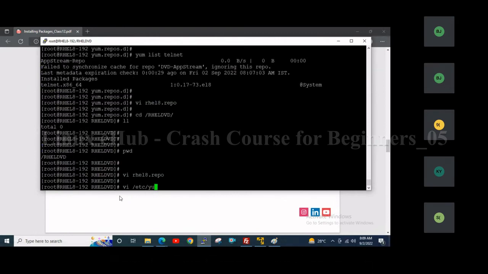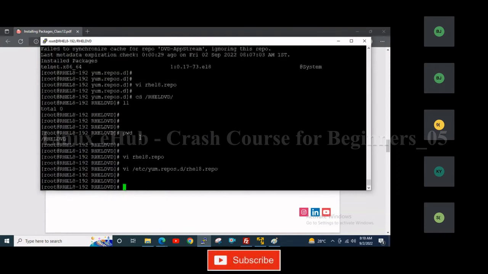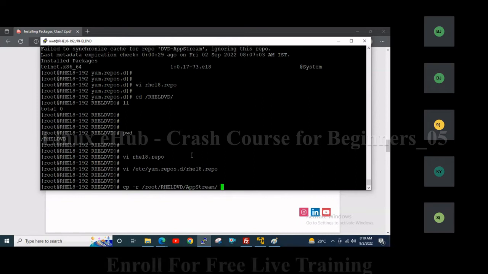Go to /etc/yum.repos.d, then RHL repo. You can see the base URL is the RHL DVD upstream, but the upstream directory is not available. That's why the upstream repository is not working. So what will we do? We will copy the upstream repository to the RHL DVD location. So cp -r /root RHL DVD, then upstream/